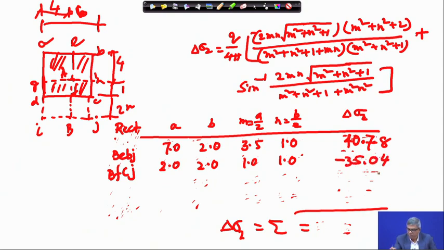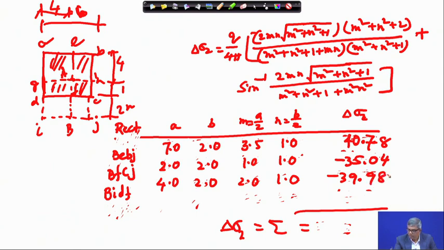35.04, and next is BIDF. This is not there, so it will be minus, and it is 4 and this is 2 and this is 2 and this is 1, and if I put this value in the equation, you will get minus